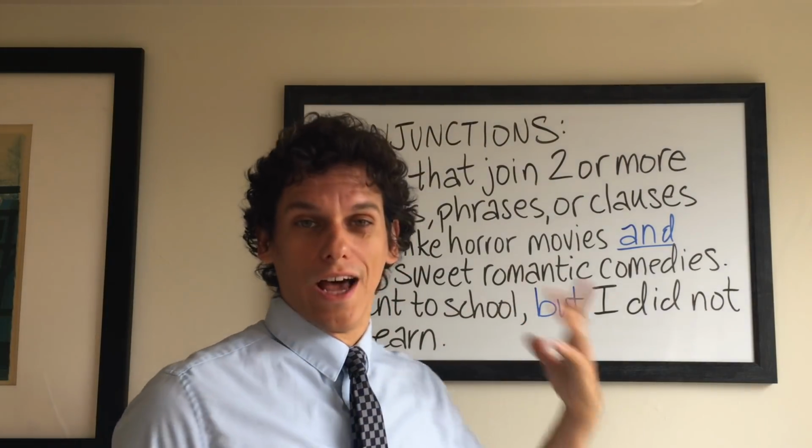I went to school, I did not learn. I went to school, but I did not learn. That's our conjunction. You can also start sentences with conjunctions. For example, while she liked him a lot, she ghosted him after their first date. While is our conjunction. I'm joining she liked him to she ghosted him. What a jerk. Or is also an example of a conjunction. I like apples or bananas, but I really don't want to eat both at the same time.